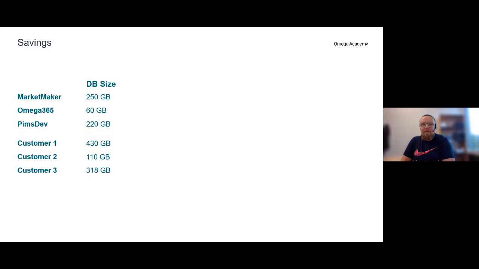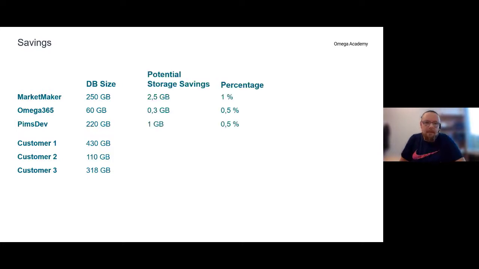That's a bit high, but for these particular databases, we're talking about 1% for Market Maker. Now, remember that these have been changed a lot lately, and Omega 365 is quite new, so everything's built from scratch, more or less. But if we have a look at our customers, and I've just checked with a couple of our bigger customers, the database sizes here you see are from 100 to 500 gigabytes, and the savings here